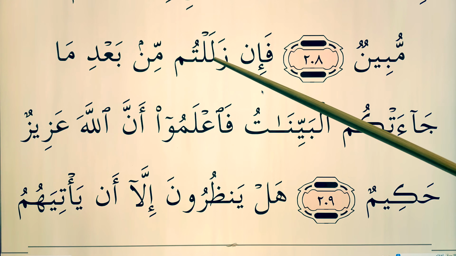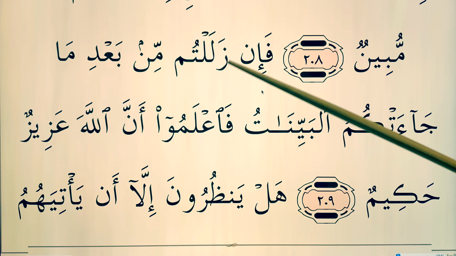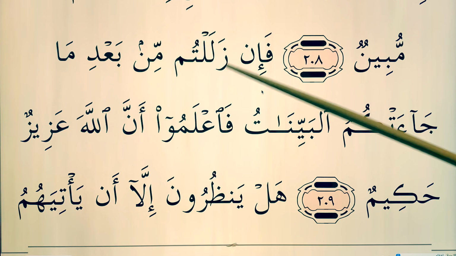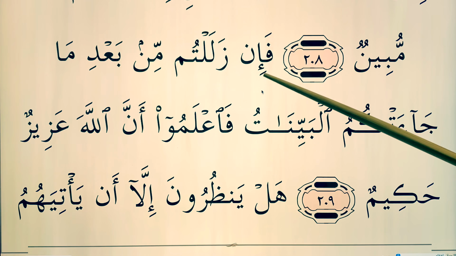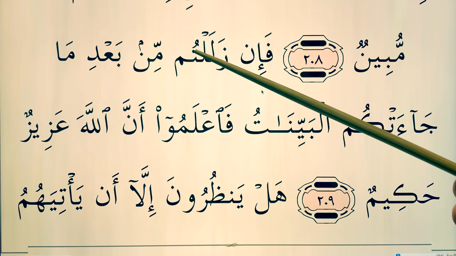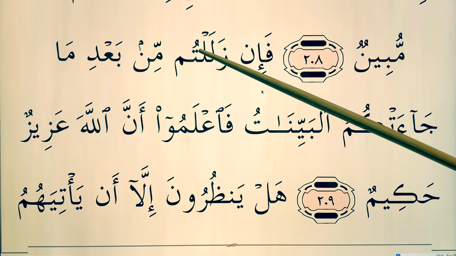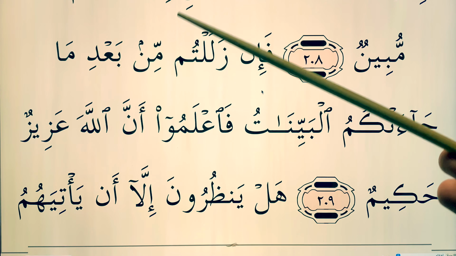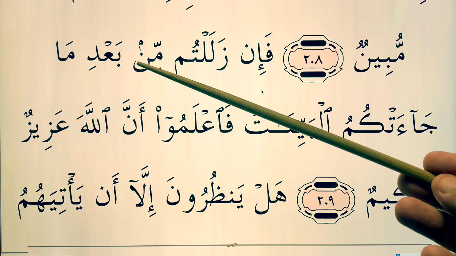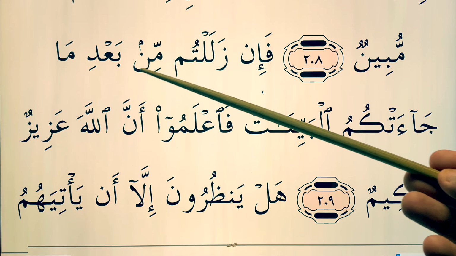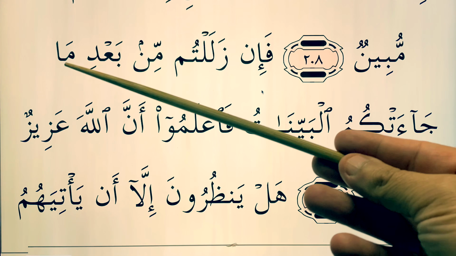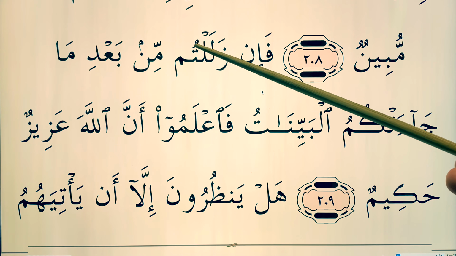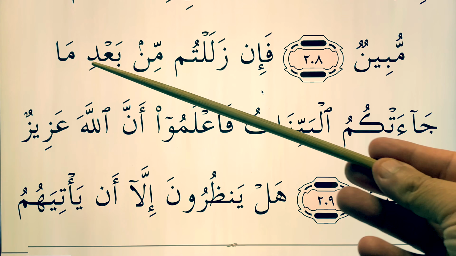فَإِن زَلَلْتُمْ. This noon here, because it's noon sakina followed by a za, is an ikhfa. فَإِن زَلَلْتُمْ. The two meems assimilate. زَلَلْتُمْ مِن بَعْدِ, مِن بَعْدِ مَا. فَإِن زَلَلْتُم مِّن بَعْدِ مَا